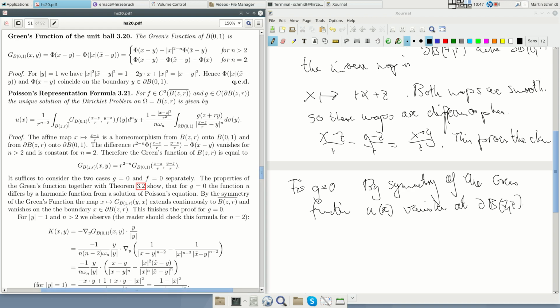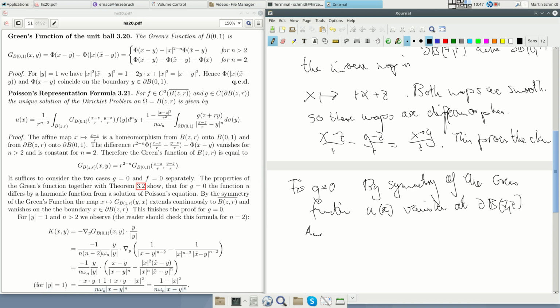So we really see that this differs from a solution of the Poisson equation by a harmonic function, and solves Poisson's equation on the ball. This proves the statement